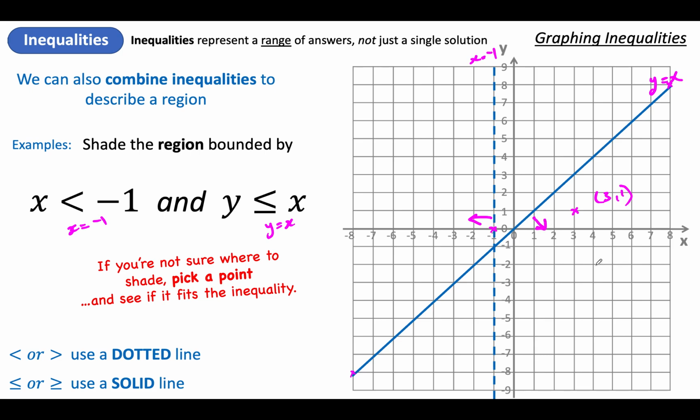Okay, so we need the bit that's both under this line, but to the left of that x line. Well, the bit that satisfies both of those is this area here. I'm going to shade now. Can't shade up here because that would be above the diagonal line. And I certainly can't shade any of the others because it would be to the right of the x one. So look at each individual one. I like putting little arrows on just to remind me of each bit,